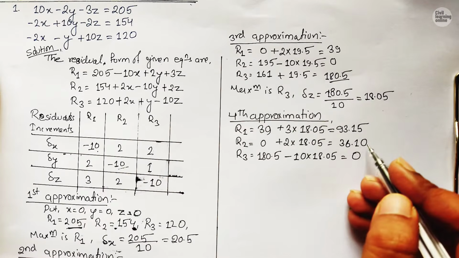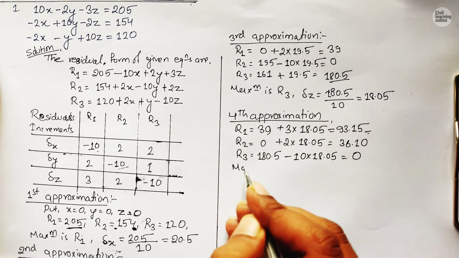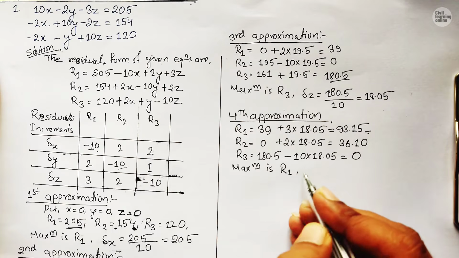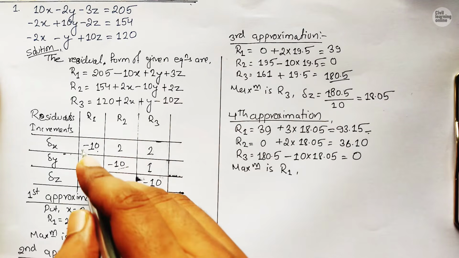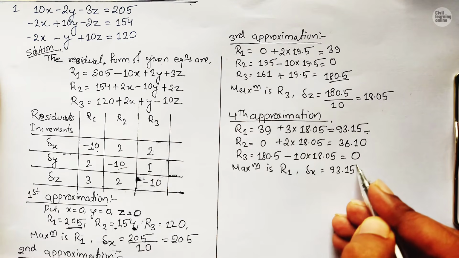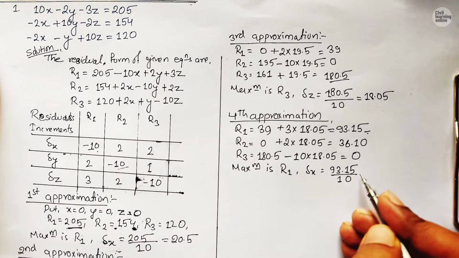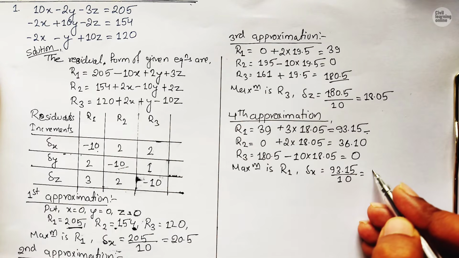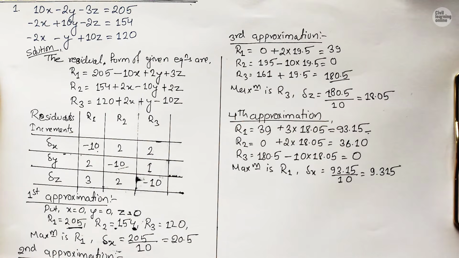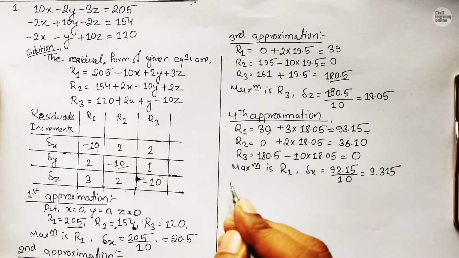Now again maximum is R1, so in R1 we have del x. So del x equals 93.15 divided by 10, and we will get 9.315. Again for fifth approximation